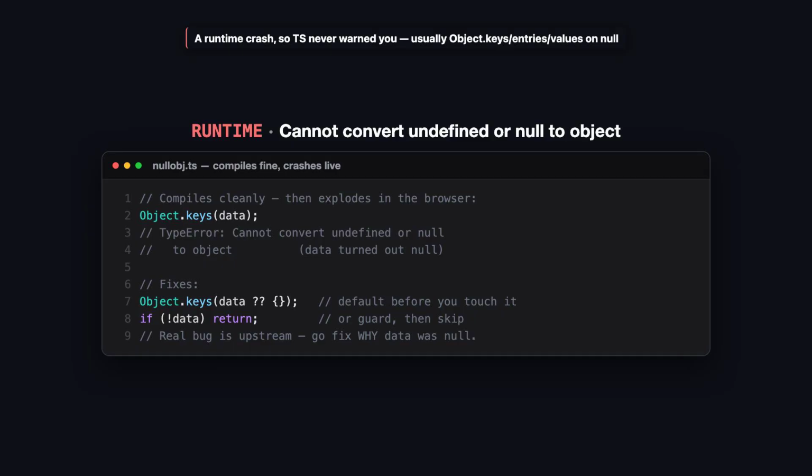Almost always Object.keys, Object.entries, or Object.values, called on something that turned out to be null or undefined. Spreading null into an object can do it too. You expected an object, you got nothing. The immediate fix is to guard or default before you touch it. Guard: if not obj, return early, and skip the whole block. Or default inline: Object.keys of obj or empty braces, so a missing value becomes an empty object and keys just returns